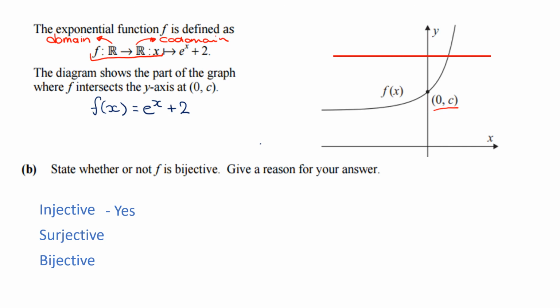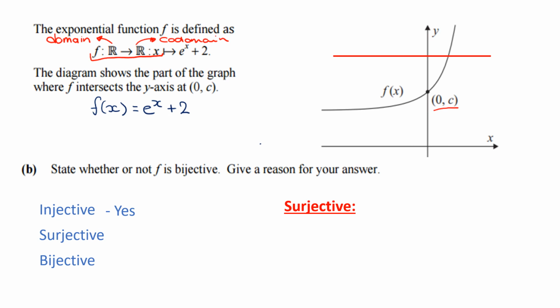We then have surjective. Now, surjective has a horizontal line test as well, and that is that any horizontal line drawn will hit the graph at least once, so it's kind of the opposite. It's saying that you will always hit the graph when you draw a horizontal line. Here, we can see that that's not the case. I'm not going to use the horizontal line test for surjective because I find that it's confusing to have two horizontal line tests for two different things, and I think you need to be very clear about them. Instead, what I generally recommend is that you keep the horizontal line test for injective and use something else for